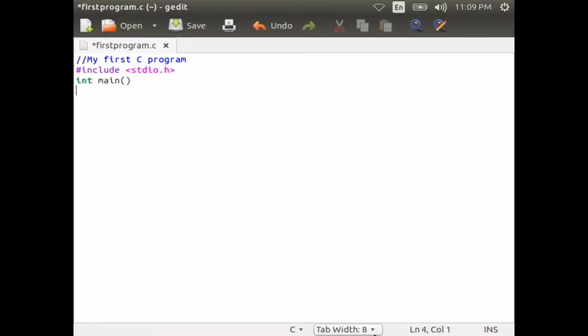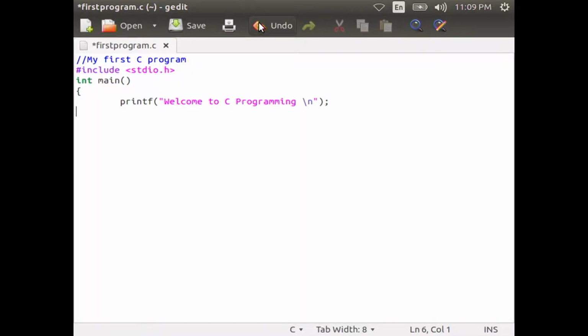So, let us give 3 spaces or a tab space here and type printf. Printf is a standard C function to print the output on the terminal. Inside the bracket, within double quotes, type welcome to C programming \n. \n signifies new line. So, after the execution of the printf function, the cursor moves to the next line.